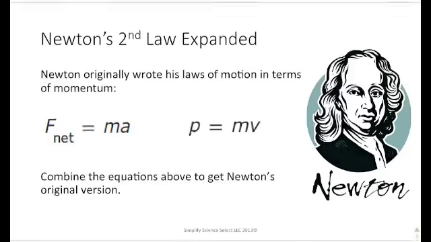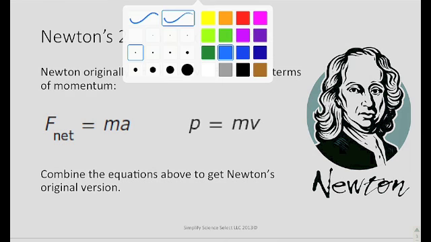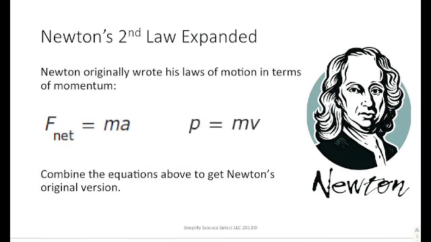So we want to start off by looking at Newton's second law, and expand it out a little bit. Newton originally wrote these in terms of momentum, not in terms of force. He didn't come up with force and say, oh look, I'm going to name it after myself. He actually wrote it in terms of momentum. So you can combine these equations to get Newton's original version. You see F net equals ma and P equals mv. So if we were to look at this,